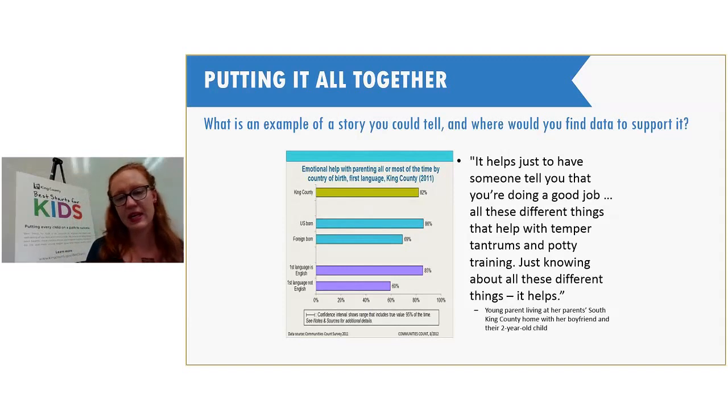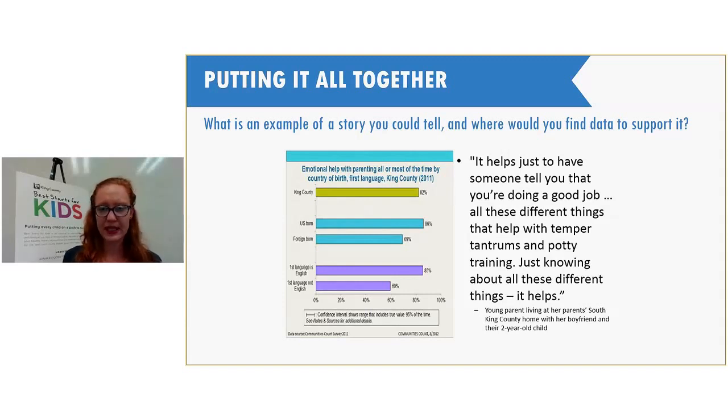So in this case, we're thinking about a program that provides support for young parents. And here you see an example of how you can pair up numbers or quantitative data with stories or quotes or qualitative data. So we've got a little chart that shows percent of parents that feel they have emotional help with parenting most or all of the time, in King County, and you see that foreign-born parents or parents where English is not their first language are less likely to feel they have that emotional support. So this is a piece of data that could help make a case for why your program's providing support to